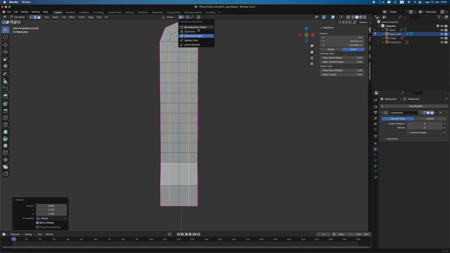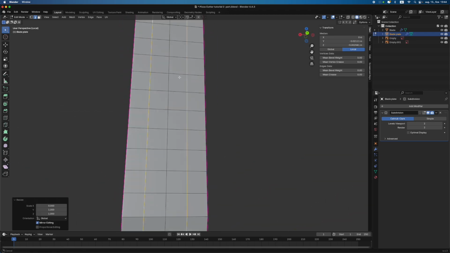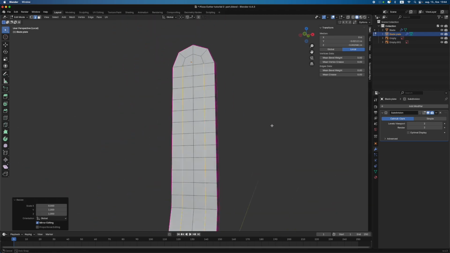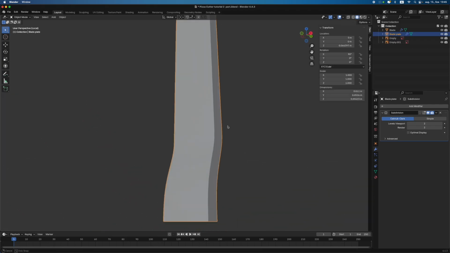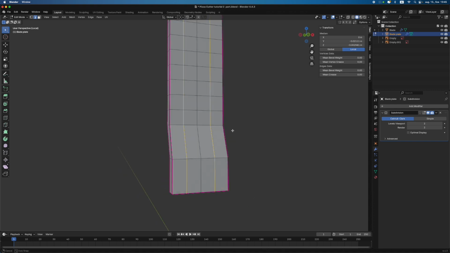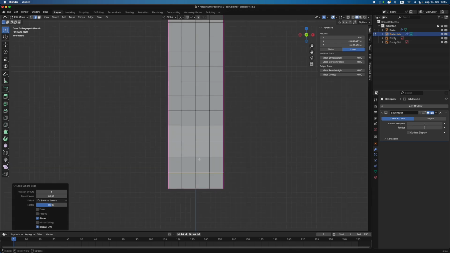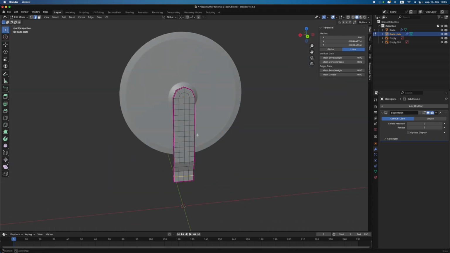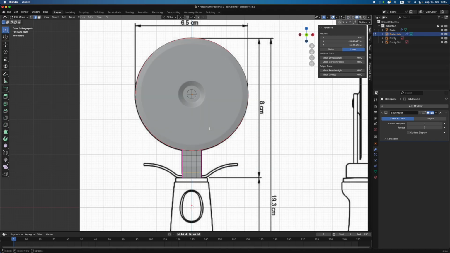Now we want to turn it back to bounding box center, and I think this looks okay. Now if we go to this view, we have a smooth mesh. We can also add the loop here and add the loop here, so that these are balanced as well. And with period you can jump back from isolated view, and if we go to the front view,